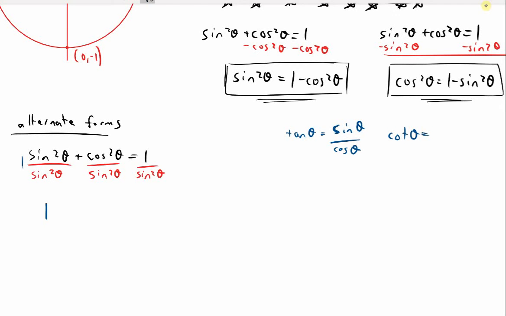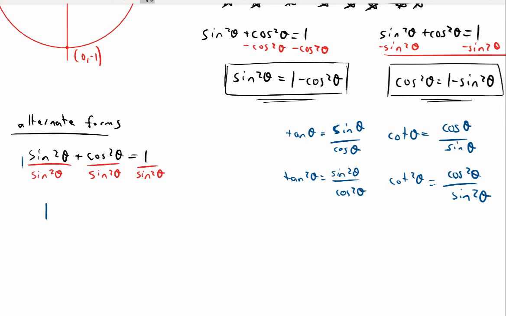Cosine squared divided by sine squared, well, I'll remind you that tangent theta is sine over cosine. Cotangent theta is its reciprocal, cosine over sine. These would hold up if you squared them as well. So cotangent squared would be equal to cosine squared over sine squared, and tangent squared would be equal to sine squared over cosine squared. Well, if we look right here, I have cosine squared over sine squared, and I can see that that is equal to cotangent squared. So I have 1 plus cotangent squared